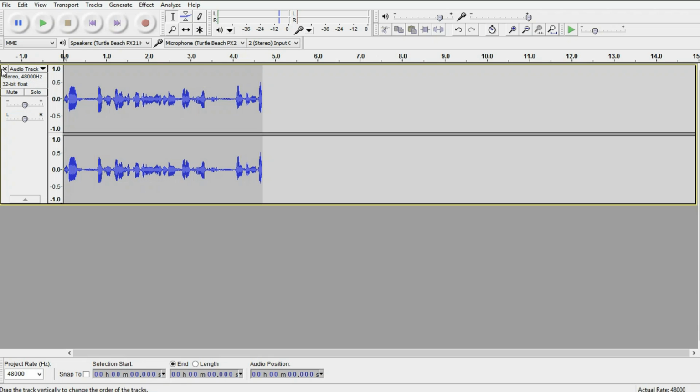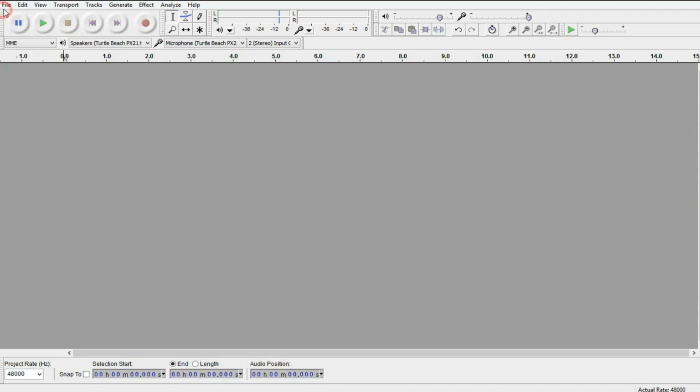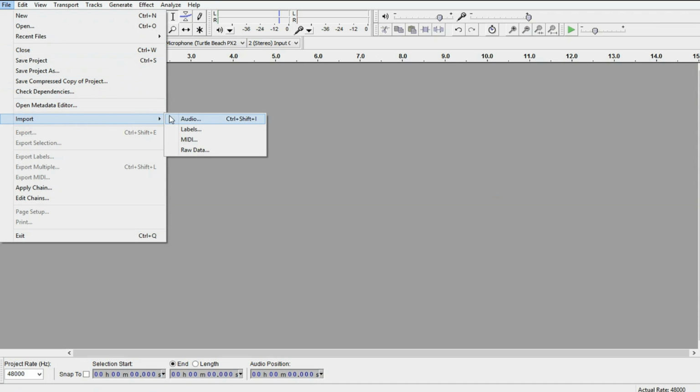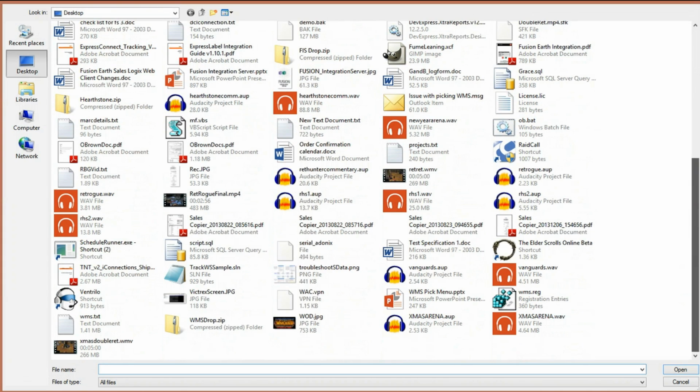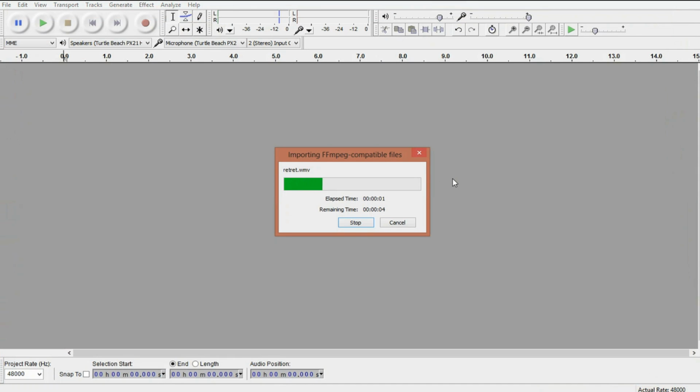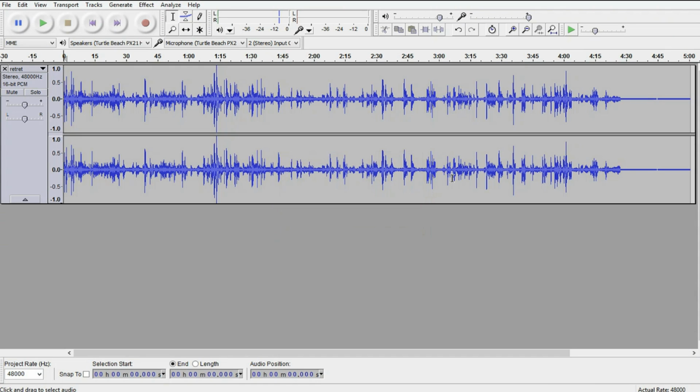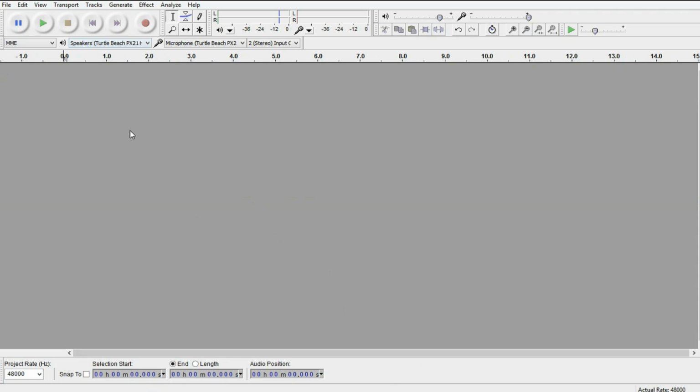So in doing that, what you can do is you can import, file, import audio, and you can actually select a video, and it'll extract the audio from that video. So I did some Double Dragon, I think, and that was the video I uploaded. It extracts that and gives me the WAV file. However, I don't really want to have to do that. So what we can do